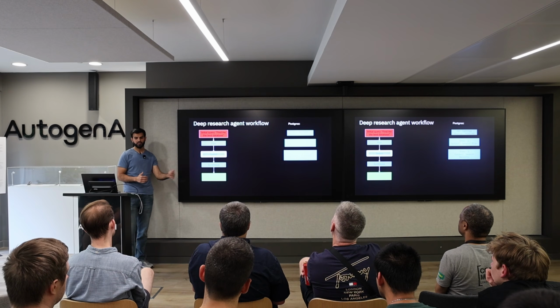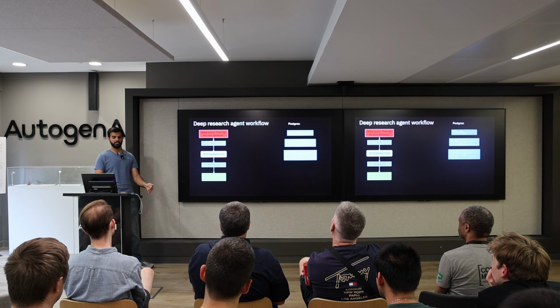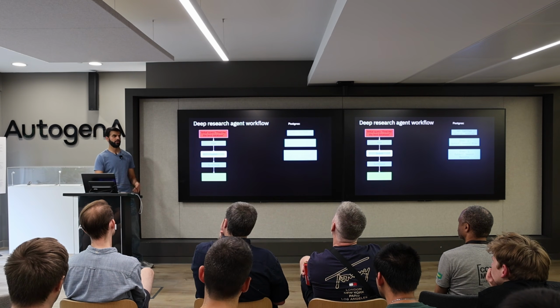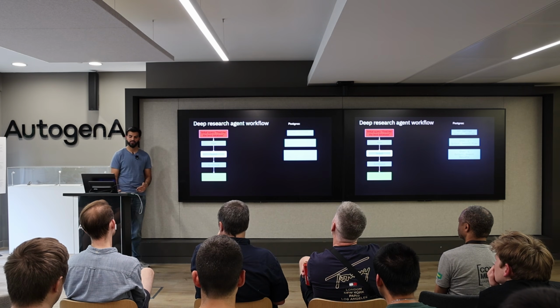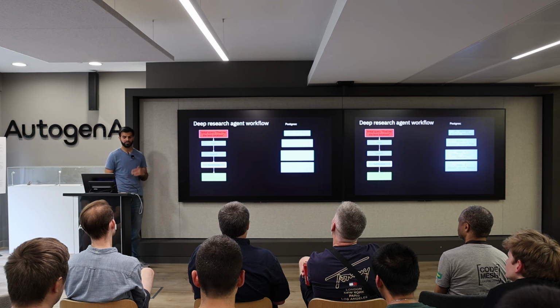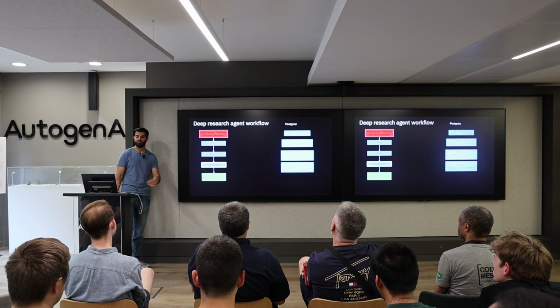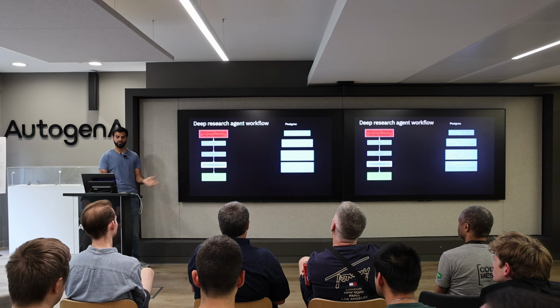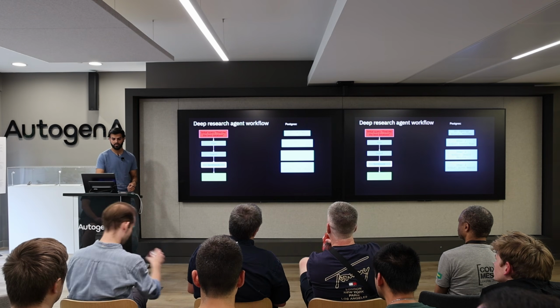Okay, it has already executed the plan and search steps. I've already got the output of that. I only need to run synthesize. So skip all those steps that have already run, and it'll go directly to synthesize. And it runs synthesize, which is sort of summarizing the whole search that was done.